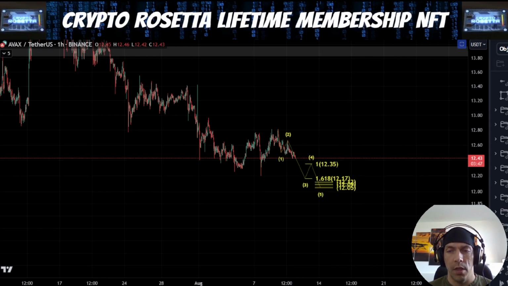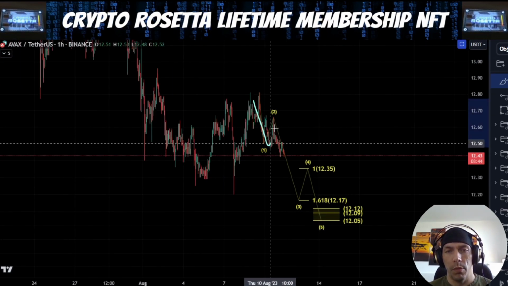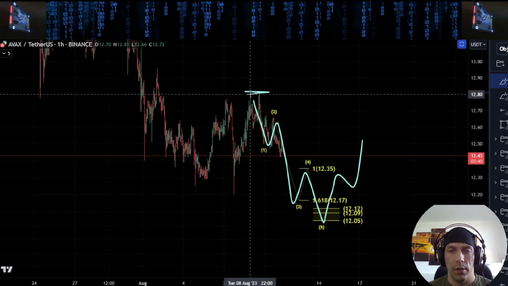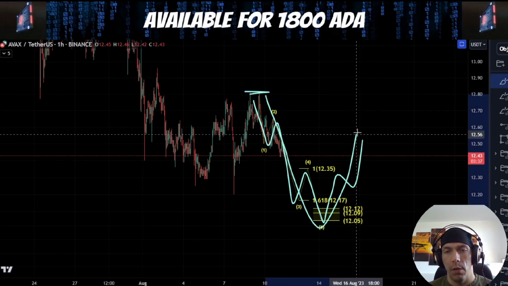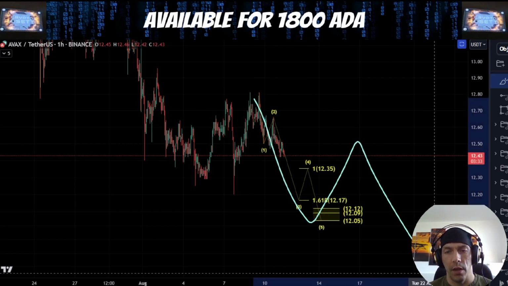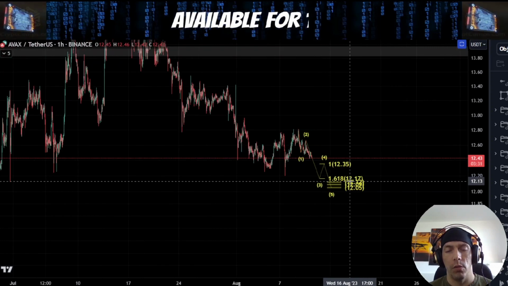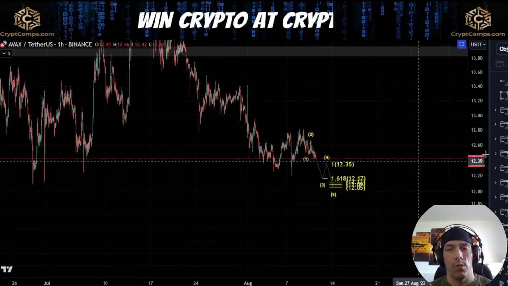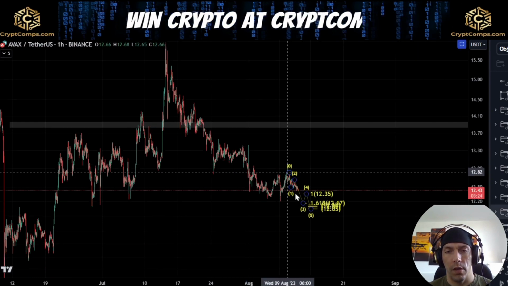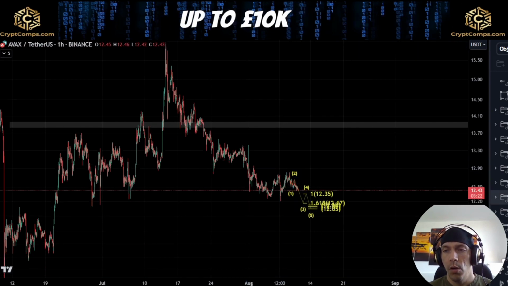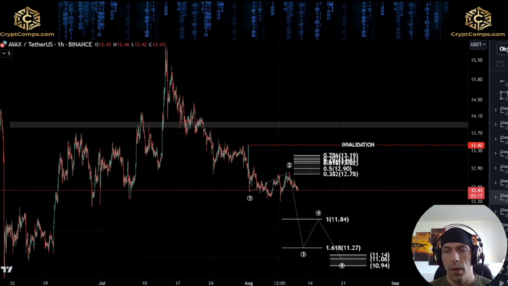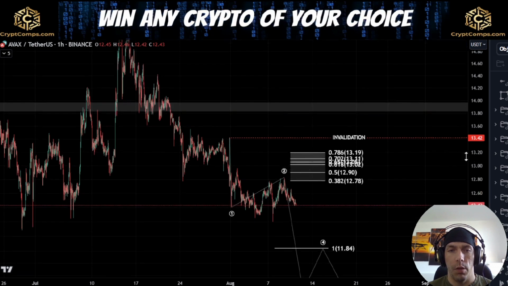If we fail to do that, and we form something like this 5-wave move down here, and we only get 3 waves down, and we fail to take this high, it's going to be more likely then that we're going to see continuation to the downside, where this move either becomes A, B, and C, or alternatively a bigger 1, 2, 3, 4, 5 pattern, in which case what we'd have to be careful of is that if we start to develop this as a bigger 5-wave pattern, what we could have in play here is that this move could start to become something like this, where we have this as a bigger